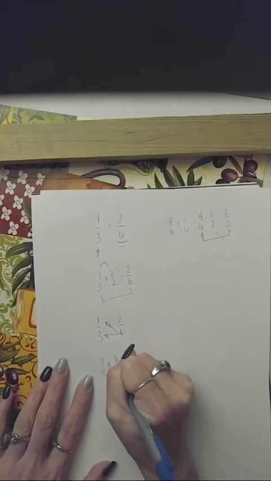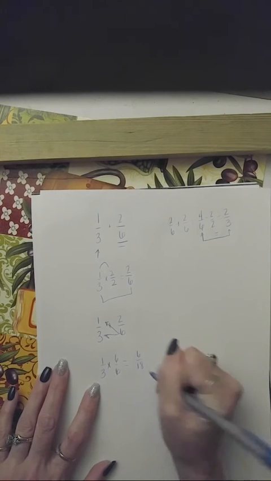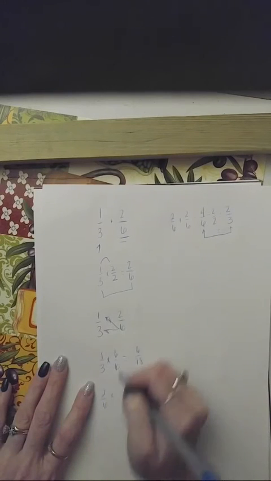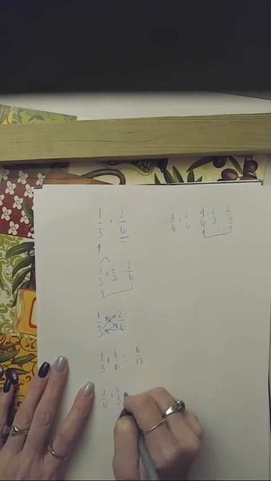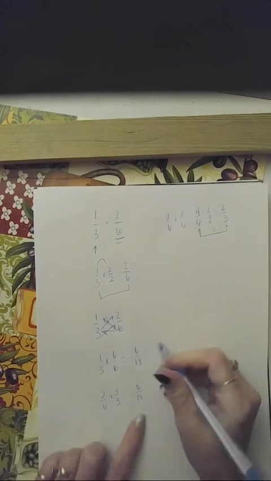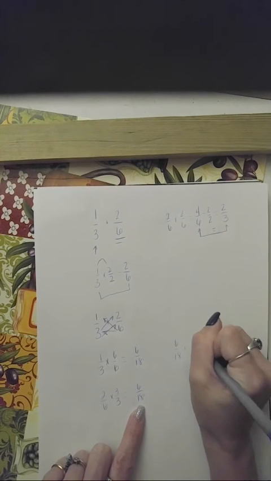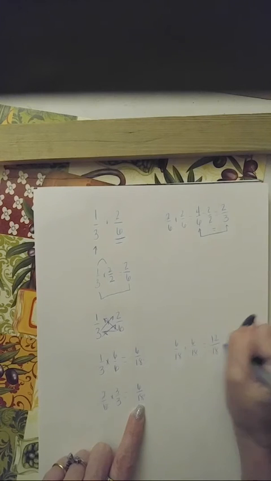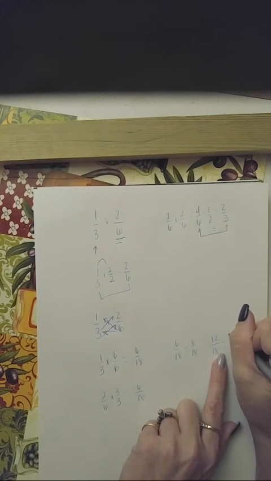So times 6/6, that gives me a new fraction of 6/18. And I could take 2/6 times 3/3, and that gives me 6/18. You see how my denominators are the same. And then I have 6/18 plus 6/18, which equals 12/18. And if I were to reduce that by,